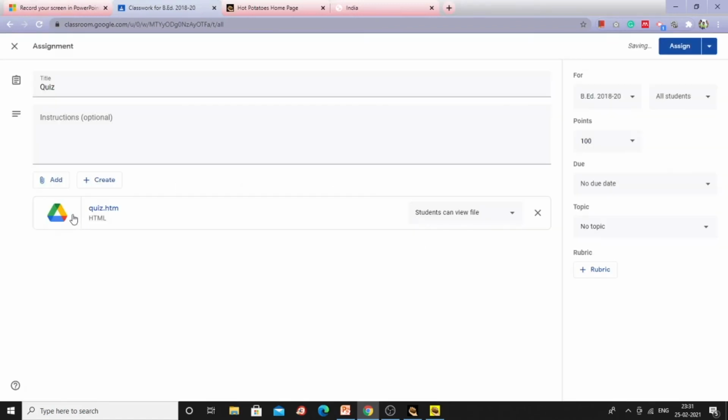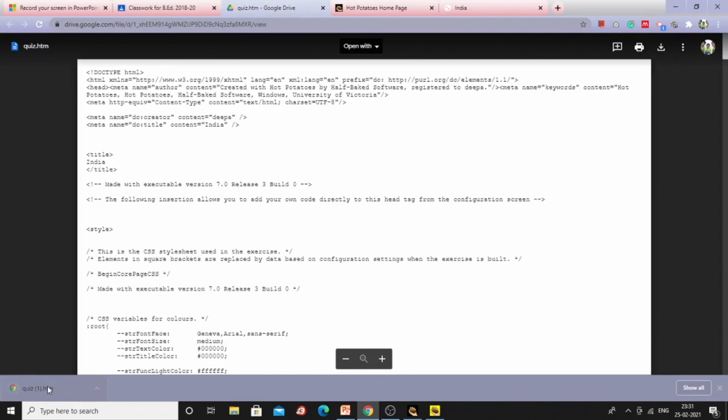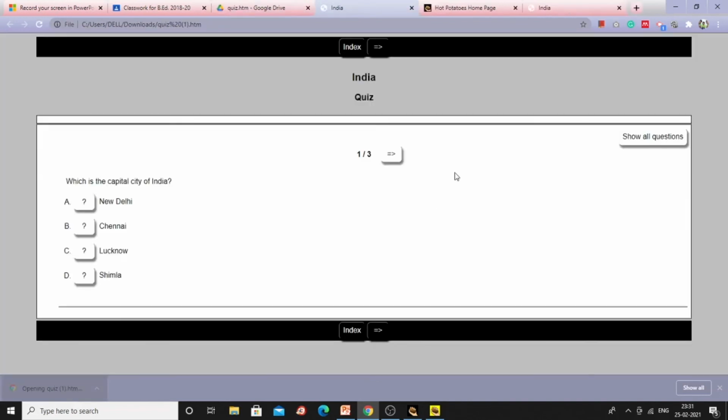The file is uploading. Now it is here. How will it appear to your students? You can assign, and the students can view the file. Once the student clicks on the file, it will appear like this. Okay, don't worry. It will be full of coding, an HTML page, like that it will appear. But don't worry, this is the appearance the students will get. Just ask them to download it. Once they download, they can view. See, after download, just let them click on this. See, they can see the question and they can attempt the quiz.